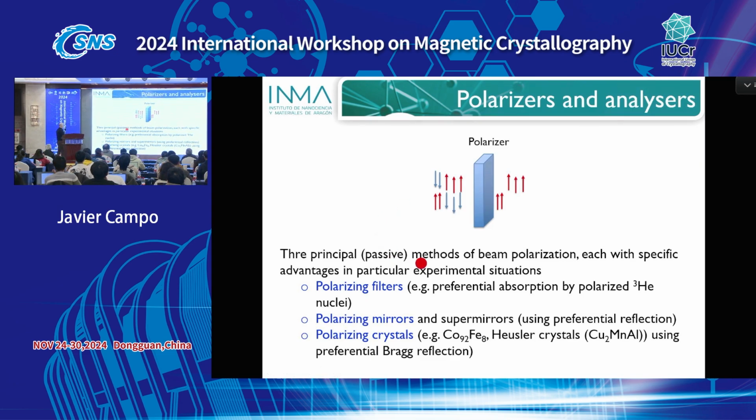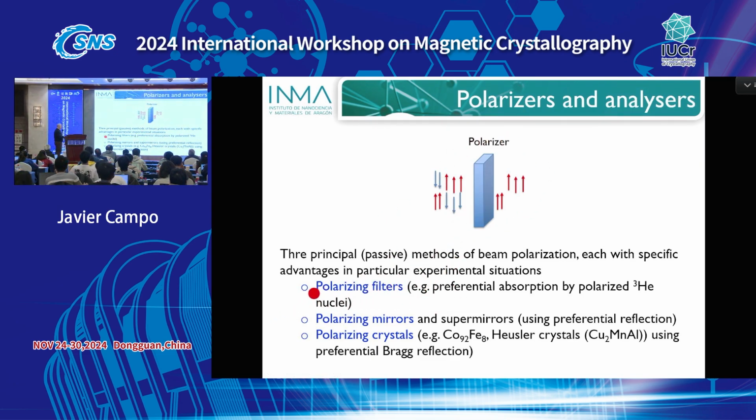Then, the first element, the polarizers. We have at least three different manners to polarize the beam by using filters, for example, by using the preferential absorption of polarized helium-3 nuclei, which has advantages and disadvantages. We can also use polarized mirrors or supermirrors using preferential reflections, or we can use polarizing crystals, like Heusler crystals,